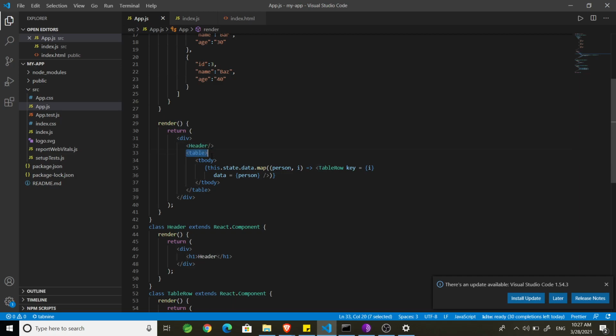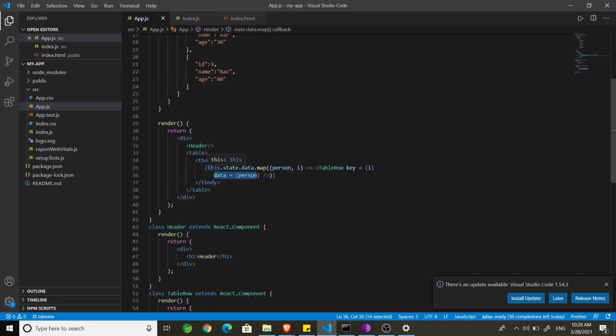Then here is my table tag inside that body tag, and then I am iterating creating the table row, calling the table row component. So you can see here I am passing two values while calling this table row component. First one is index of the data, and second the person detail.